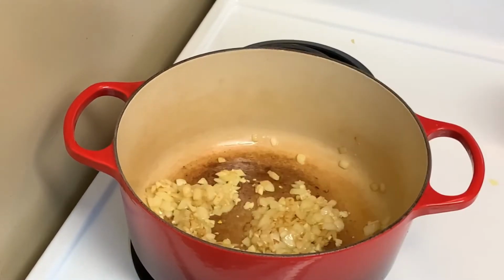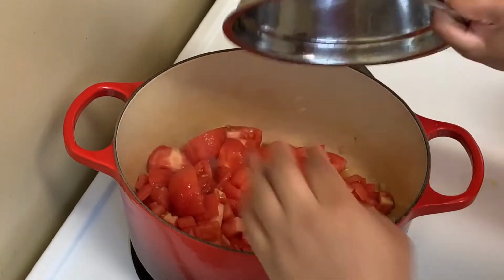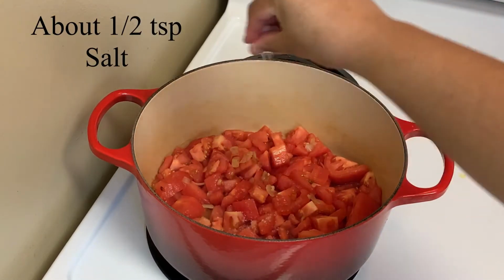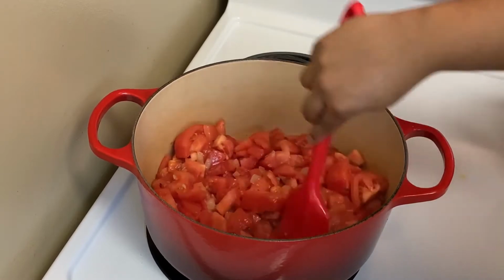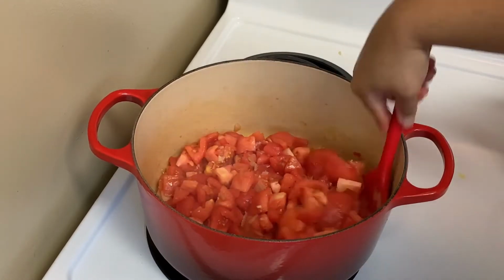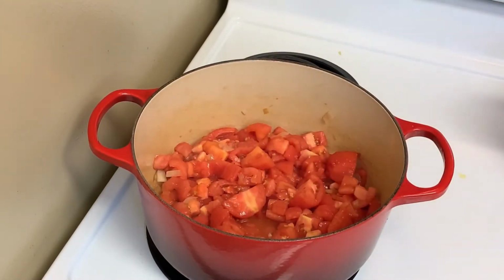And once you can smell the garlic, it's time to add the tomatoes. And don't leave any man behind. Make sure all the tomato chunks get into the pot. And from there, it's just sort of a waiting and watching game, right? So you're gonna wanna add a little bit of salt. And as I said, it's just waiting and watching. The tomatoes, you will notice, will cook down pretty fast. And you don't want any of them to burn. And I pretty much cook it on medium heat all the way through until they're really